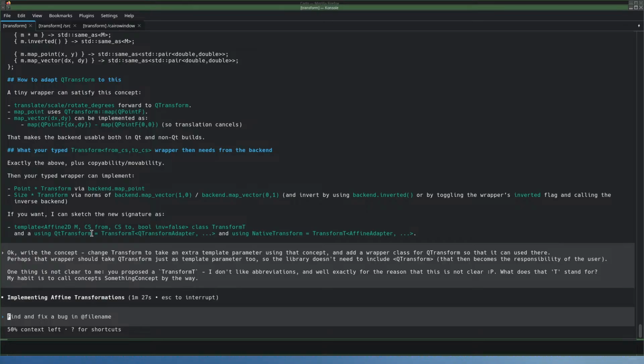I can imagine that if this is going to be user code, that the user wants to use, let's say, using transform is something, so then that something can no longer